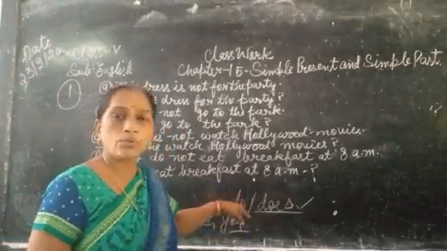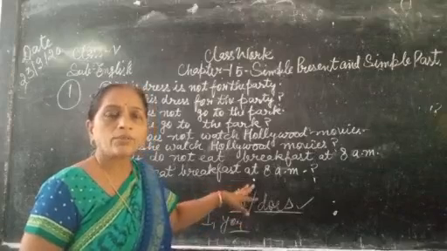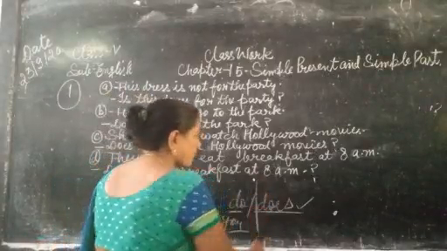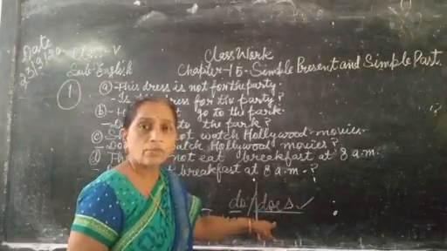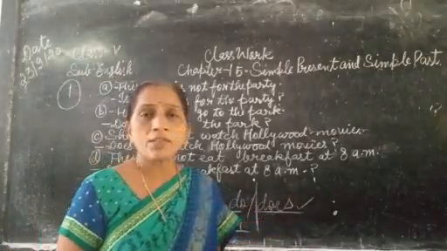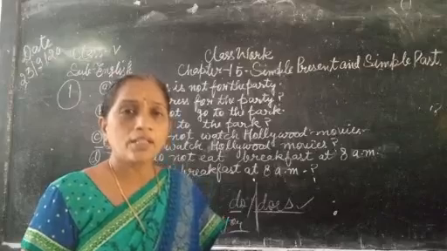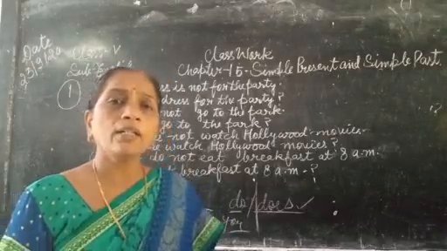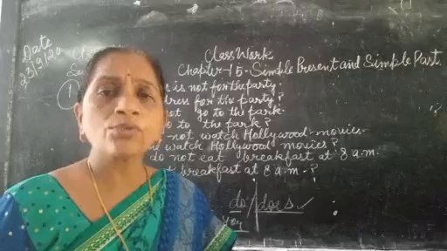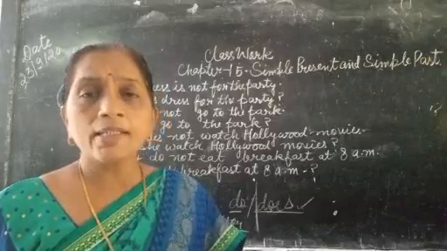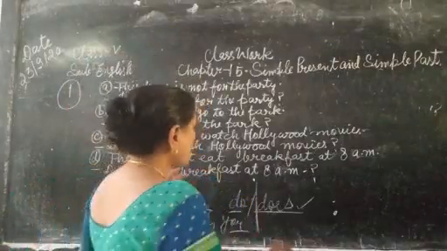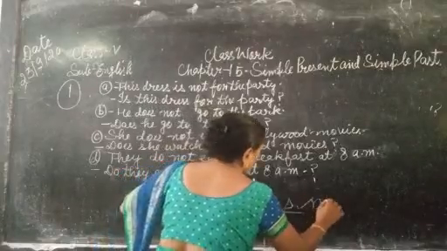I do not go to market. I do not like coffee. But in singular nouns, this form of the verb, helping verb does, is used. She does not like swimming. She does not like coffee. Okay? This negative formation is used to make sentences in negative form by adding the word do not or does not.